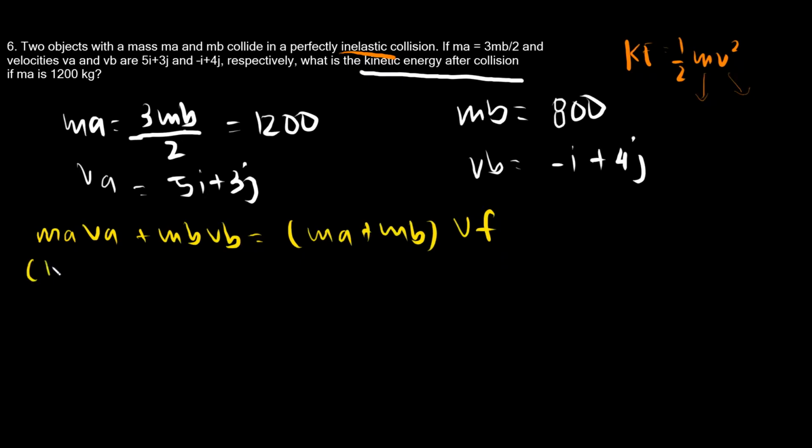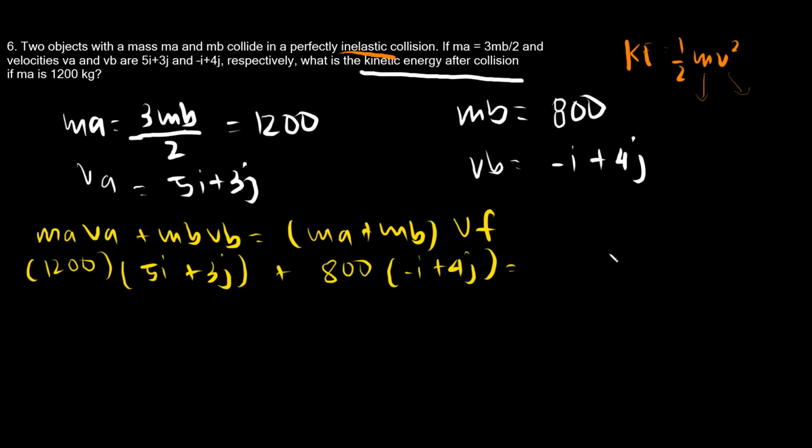So, substituting what you have, 1,200 times 5i plus 3j plus 800 negative I plus 4j is equal to 2,000 VF. Okay, so take note na naay mga I and J components. So, same sa problem ganina, if atong gibuhat is gi-separate nato og solve ang X and Y components, this time,